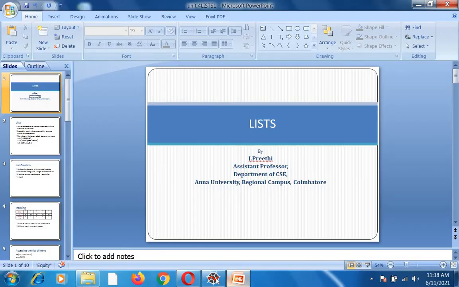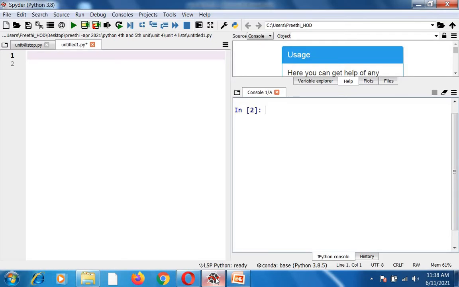So I have opened Python Spyder software over here. I'll tell you how I'm going to create the list. For this, I can give any variable L. Okay, it is an user-defined name. You can give any variable over here. So here I have used L. L will be equal to, in square bracket, I can give any values. Okay, so what I have done is I have created a list with simple 4 values separated by commas. So this is how the list can be created.